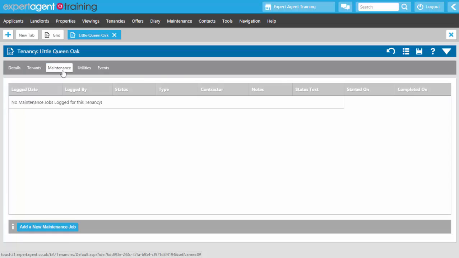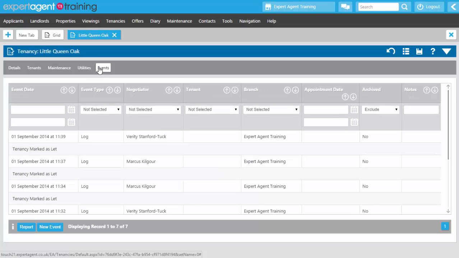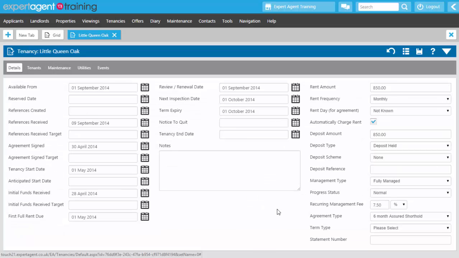You've got the ability to add maintenance jobs if necessary. That's covered on our lettings video. You've got the option to add in the utility providers as well, and that will pull through onto the property, or you can add them onto the property and it will pull through onto the tenancy. And then you've got your events tab as well. So everything you do with an Expert Agent is recorded and saved onto the events tab with a date and a timestamp for